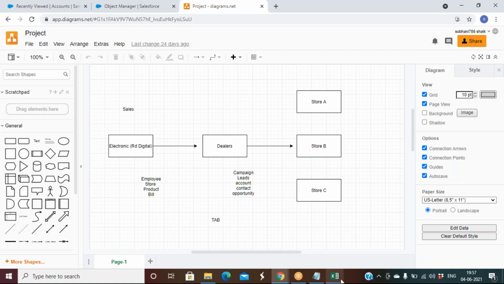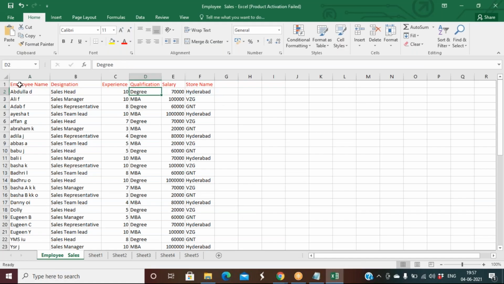Consider, if you want to decide on something as an object, it should be able to define columns like this, and then you are able to generate a record, right? As long as you are able to define some columns, and according to the columns you are able to generate some records, then you can consider that particular thing as an object.